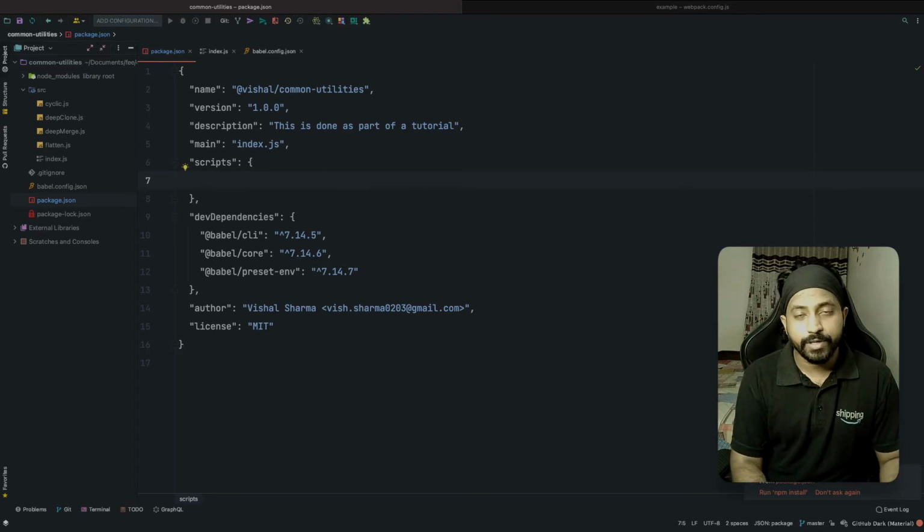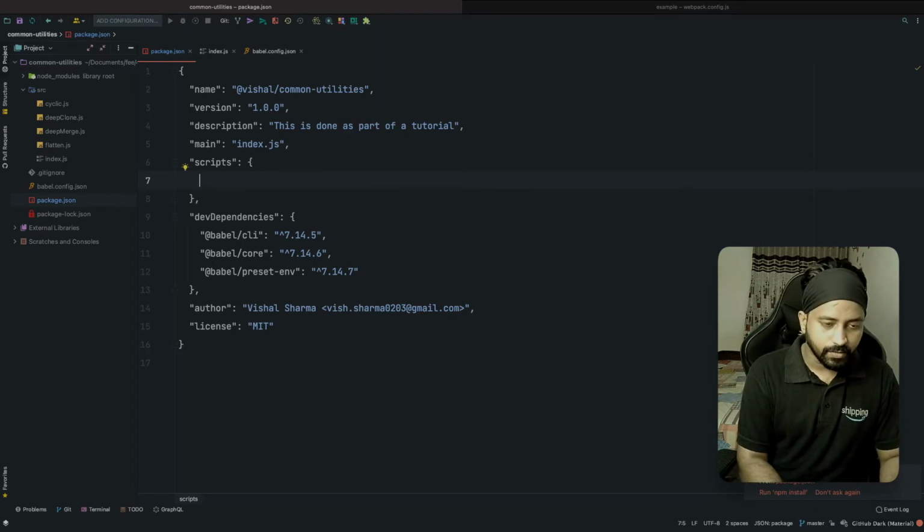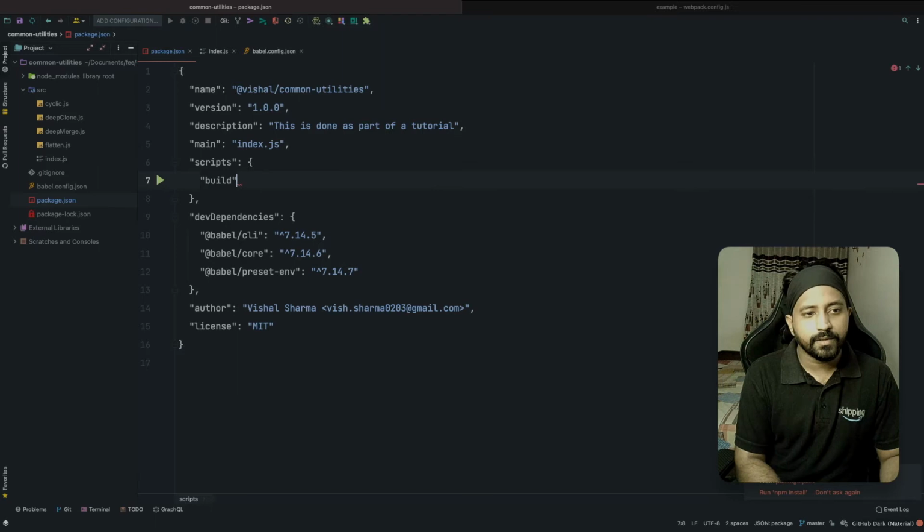The first thing I'm going to do is write a build script. This command is going to run Babel. We will transpile everything inside src and put it in the destination called dist. Dist is nothing but distribution. So this is my first command.